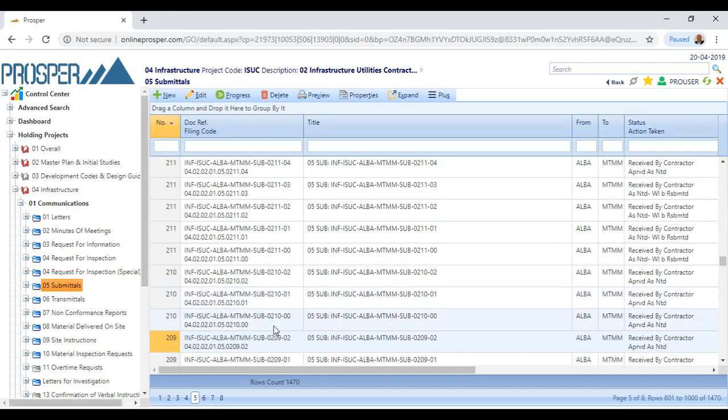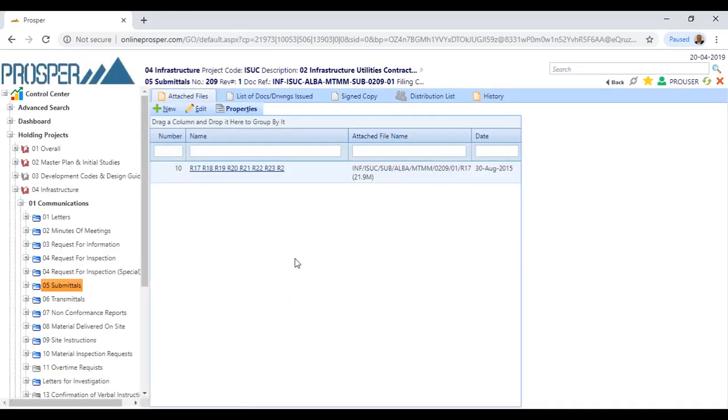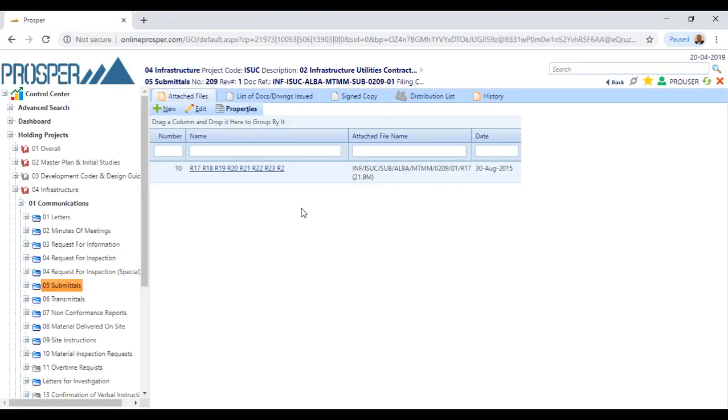Let me see another one that has an attached file. For example, this one. Yes, it has an attached file. Here, by just clicking on this, it tells you the attached file. This is the attached file, and it's 21.9 megabytes, and you can click on it here and download it. Once you click here, it tells you it's an empty file because we deleted all the files for privacy reasons. We just mentioned where that file is stored,